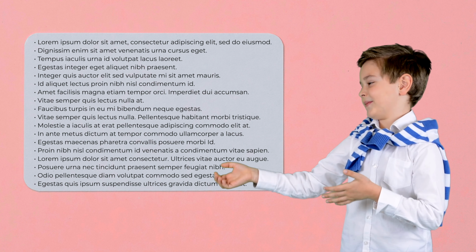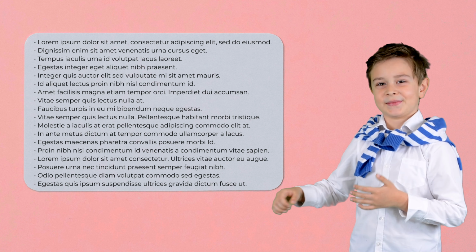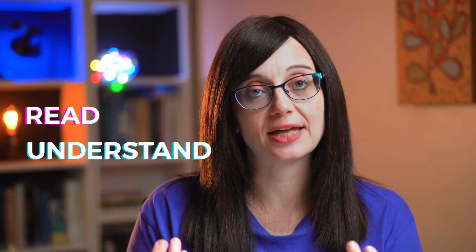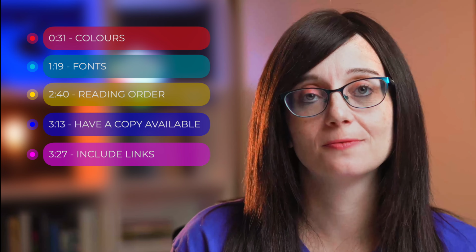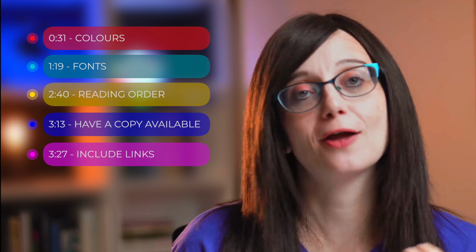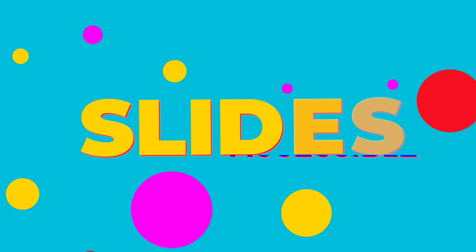Thankfully, most of us spend more time now thinking about what goes into our slides and creating meaningful slides rather than just sticking our entire talk on slides and reading them off for the audience. So this is good progress, but the next level is thinking about how to make our slides accessible for our audience. And that means that anyone in the audience can read, understand, and focus on the message that we're trying to get across in the presentation. That's what accessibility means. Here are my top 5 tips for how to make your slides accessible.